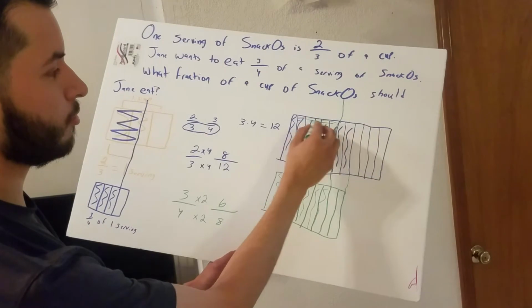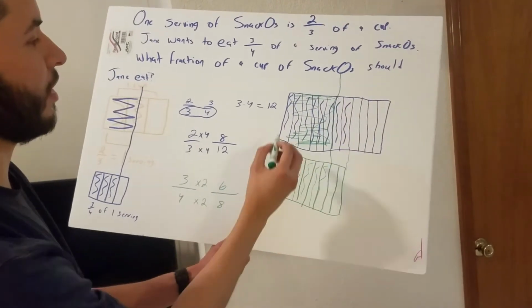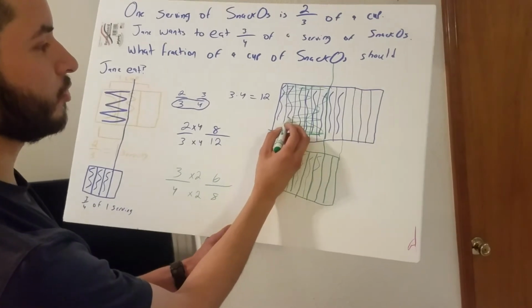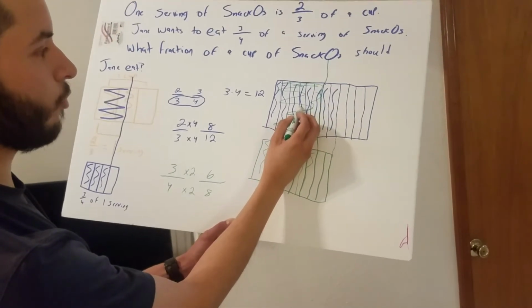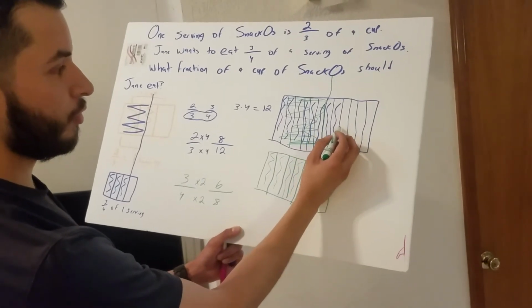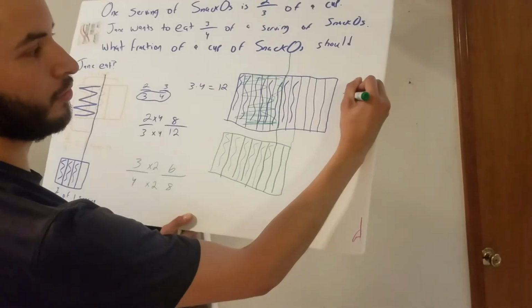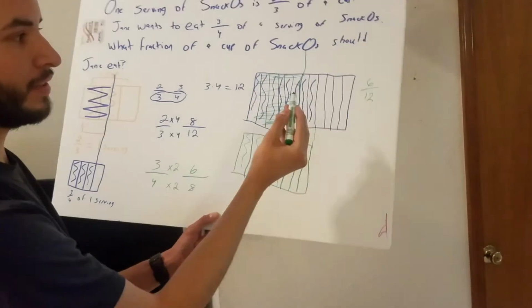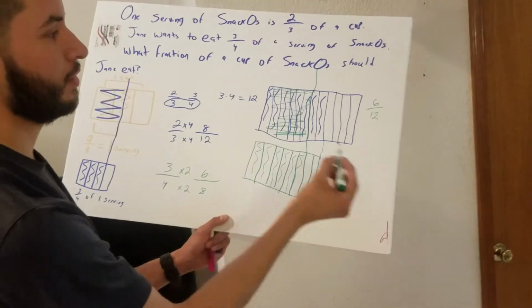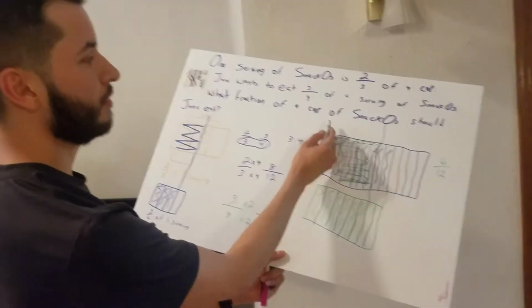And we can go ahead and double shade this region and count how many there are double shaded. 1, 2, 3, 4, 5, 6. And then there's 1, 2, 3, 4, 5, 6 not shaded. So 6 out of 12 pieces are shaded in our whole of a cup. So we know that 6/12 of a cup of Snackos